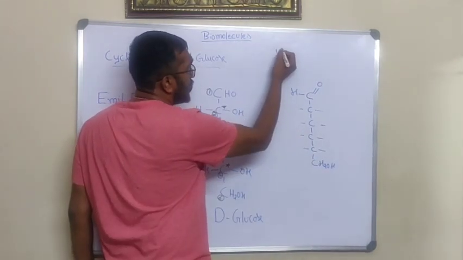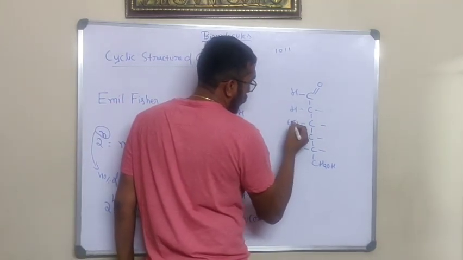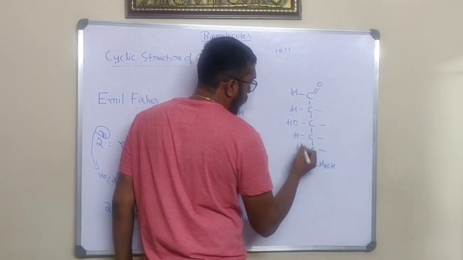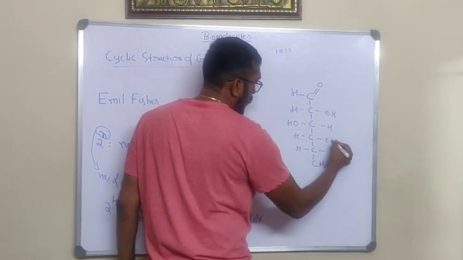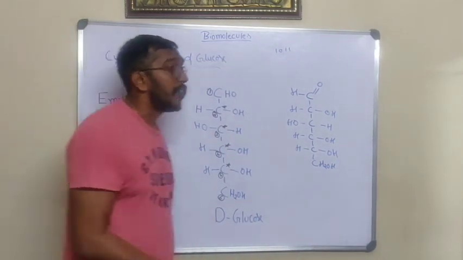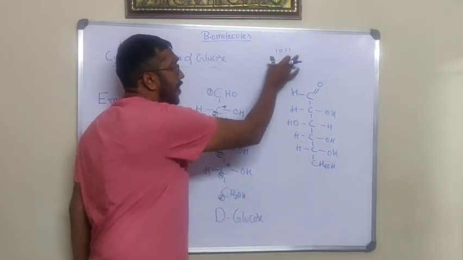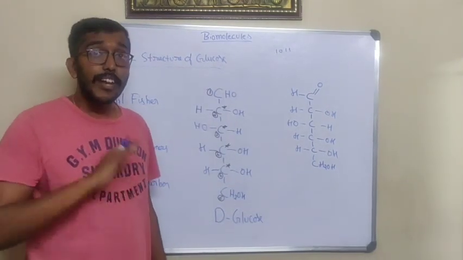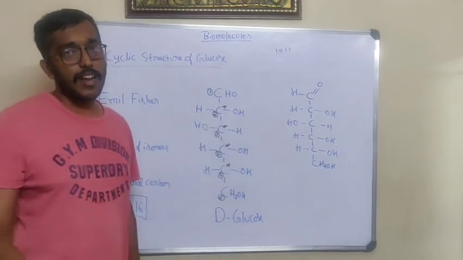What is the formula? 1, 0, 1, 1. Apply here. So HOH, OH, H. Children, listen carefully. This is very, very important. Please don't learn this structure by heart. Just learn the formula and understand the concept very clearly, so you can deal with it if the question arises in your final exam.